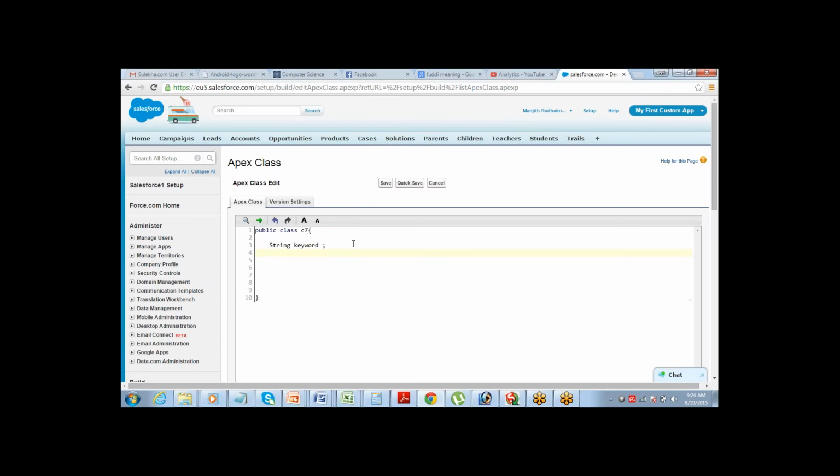After performing the search, it will return some result, so that will be a list of opportunity results. Whichever object you want to return, you just define a list of that particular object. So two things, keyword and results. Results is a list of opportunities because that's what it's going to return, and keyword is the keyword that will be searched.